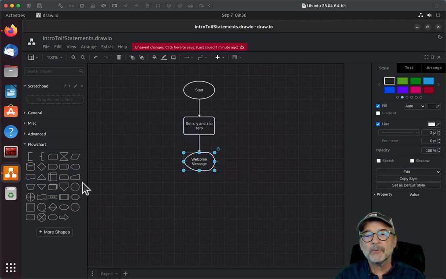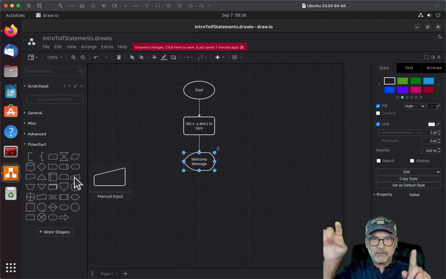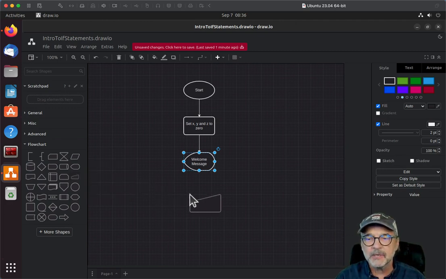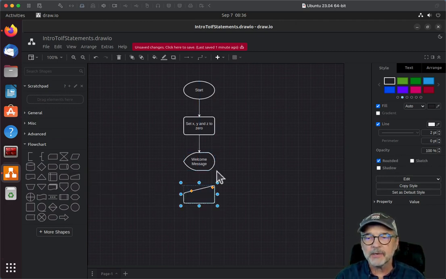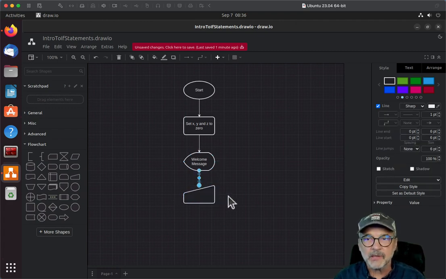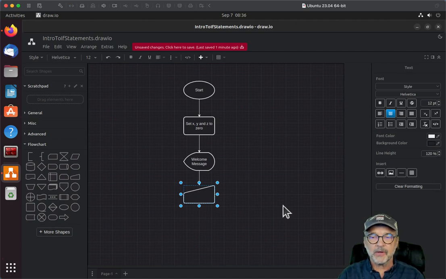So let's say we want the user to input something. Well, there's this thing called manual input. That symbol kind of looks like a square with an angled top to it. The manual input, and I'm going to connect it immediately. The manual input is normally used for keyboard input. So I'm going to input